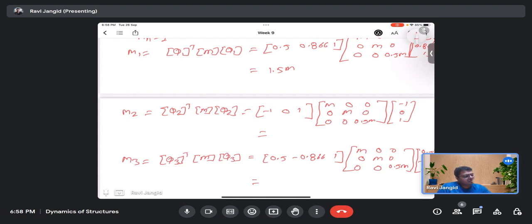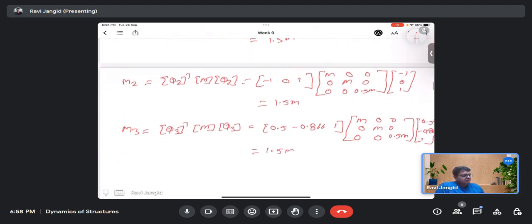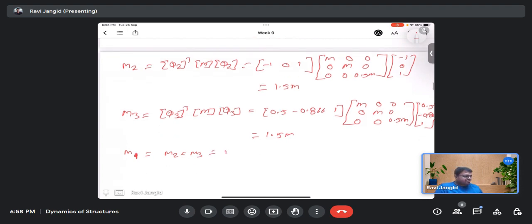So it is 1.5m. This is also 1.5m, and that would also be 1.5m. Okay, so in this, they have told us that Mn, that is M1, M2, M3, should be 1. So for M1 to be 1, what I need to do,